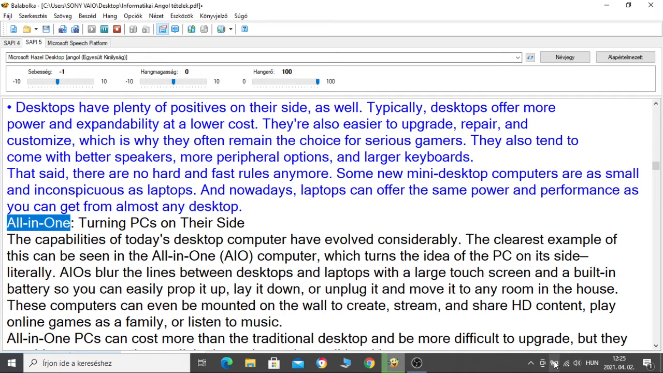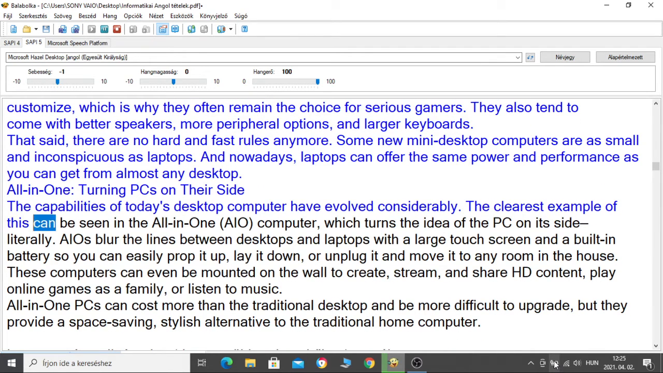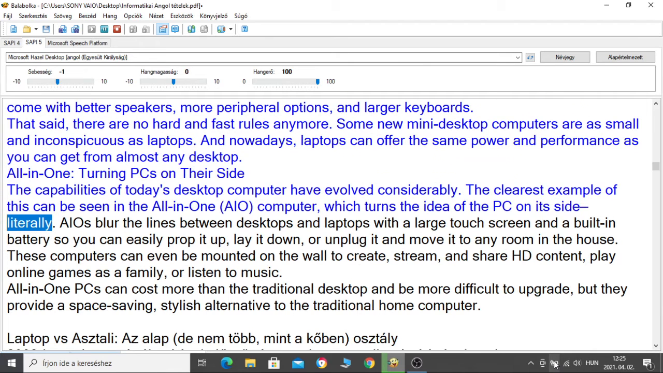All in one, turning PCs on their side. The capabilities of today's desktop computer have evolved considerably. The clearest example of this can be seen in the all-in-one AIO computer, which turns the idea of the PC on its side. Literally. AIOs blur the lines between desktops and laptops with a large touch screen and a built-in